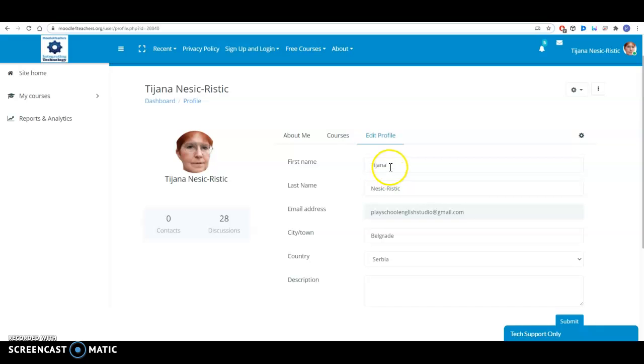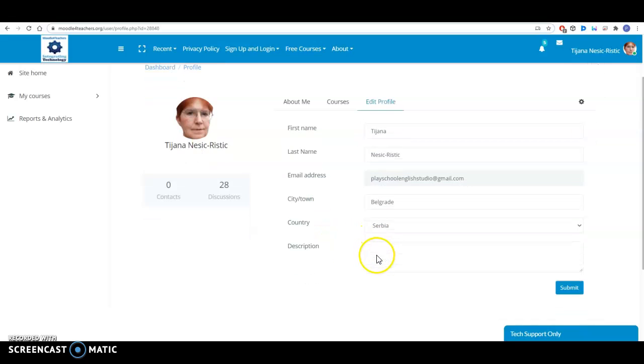Maybe there was some spelling mistake or something. You want to change your email address. Here is also information about your city and country of origin. Whatever changes you need to make, when you finish that, you click on submit. This is very important. That's the only way you can save the changes, and as you can see, details